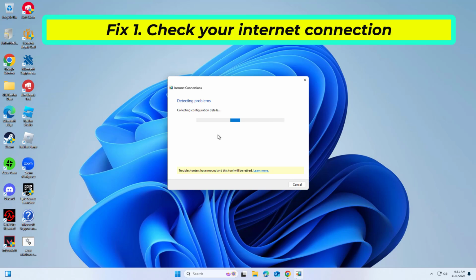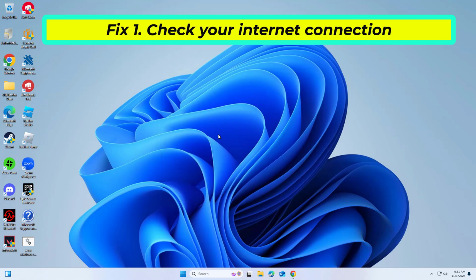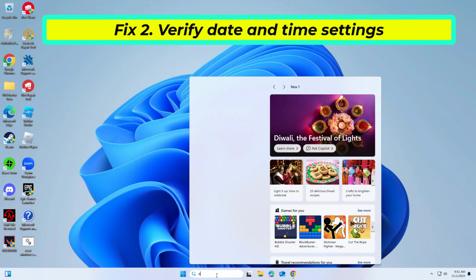Wait till the process is finished and apply the recommended fixes. Reboot your computer. If that didn't work,